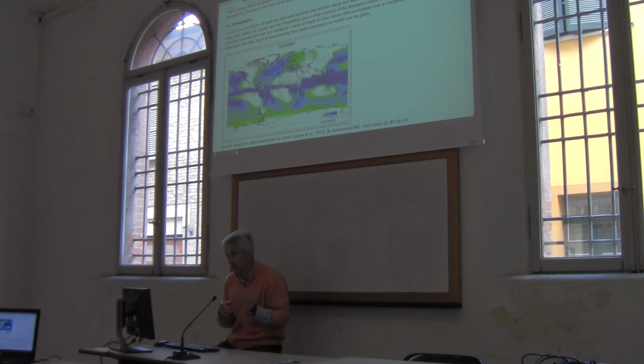There are not big changes. Usually they are contained, I'm talking about average rainfall, within plus minus 20%, and 20% is already a huge change with respect to the long-term average. So keep in mind this order of magnitude. When we talk about precipitation, plus minus 20% is the range of change at the global level. And as I said, the global average is about stable.